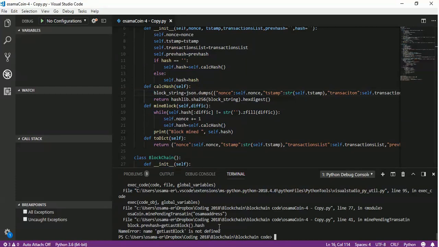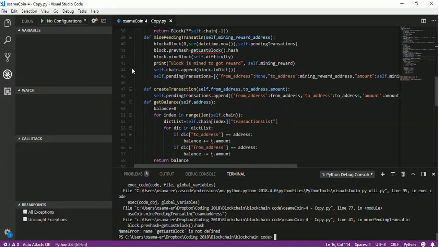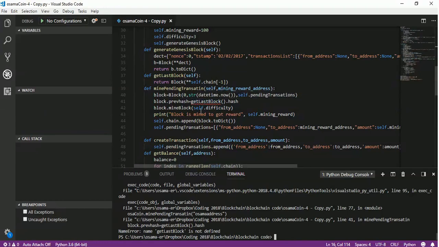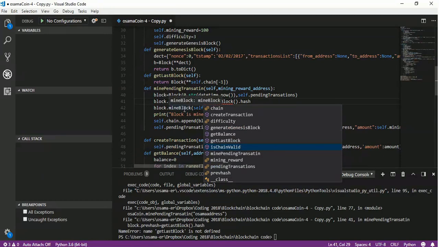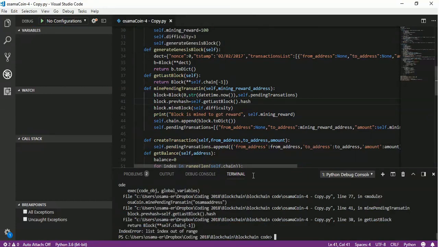Get last block. We return to get last block at line 41, where we return to get last block. Self dot, I'm sorry, self dot get last block. Make sure that syntax is okay, and we continue our debugging process. I think we take too much time to make this. Okay,